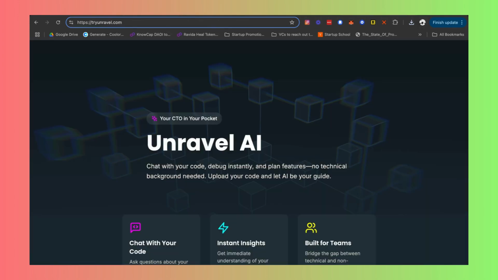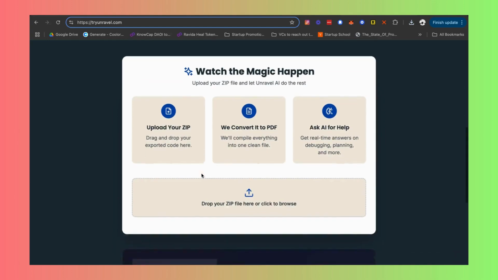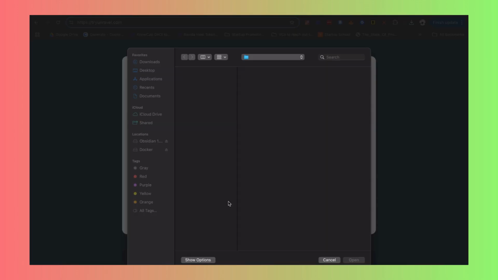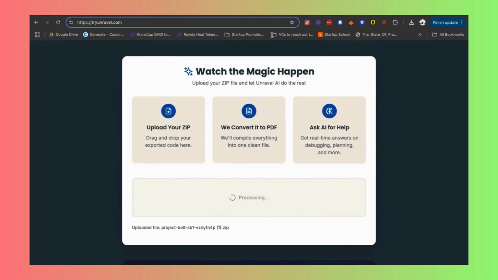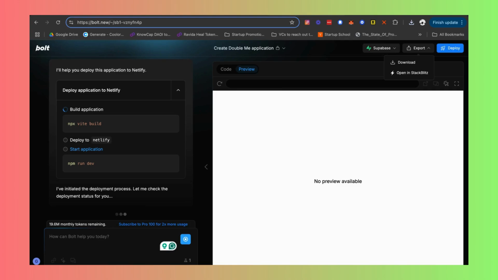You wouldn't have to do this step that I'm about to do with Unravel, where you download your code base, upload it into Unravel, then download it as a PDF, then upload it into ChatGPT. I want the next version to be: you download your code base from right here, then right up here there's a button that says upload to Unravel, and it creates a new version from version control. It creates new context for the GPT, and you can click this button again, and it'll drop down, and you can ask it questions about your code base using Claude or